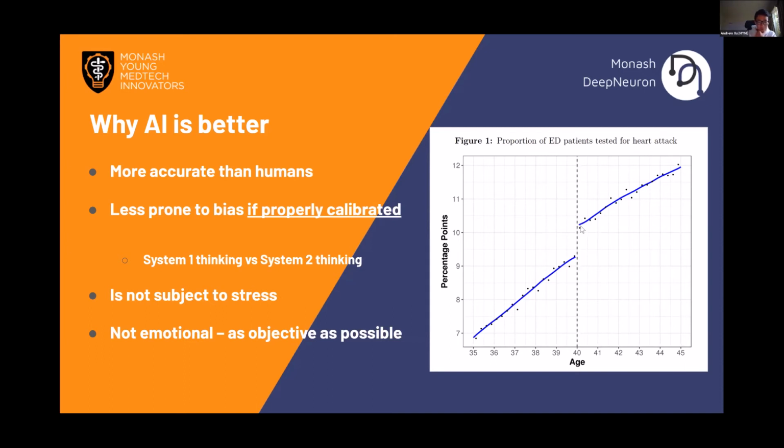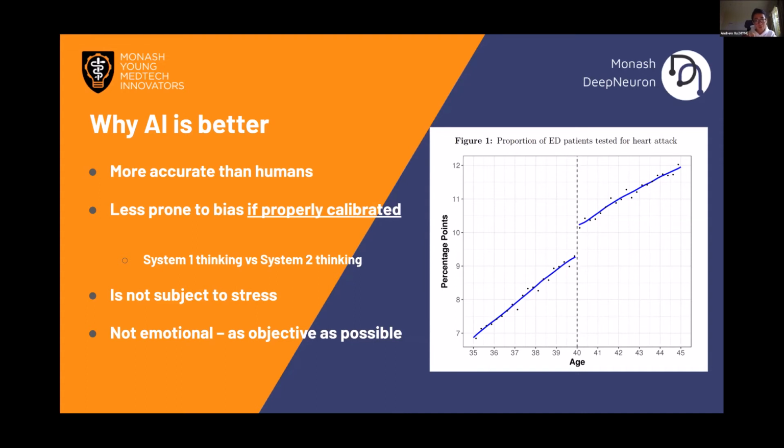So this is an example of system one thinking and bias at play when doctors make the decision, which shows the massive gap in this data. But if we're aware of these biases that exist in humans while building the prediction model, when building our neural net, and if we use the right data to build and calibrate this model, we're able to avoid these problems, which are currently present in terms of medical diagnosis.